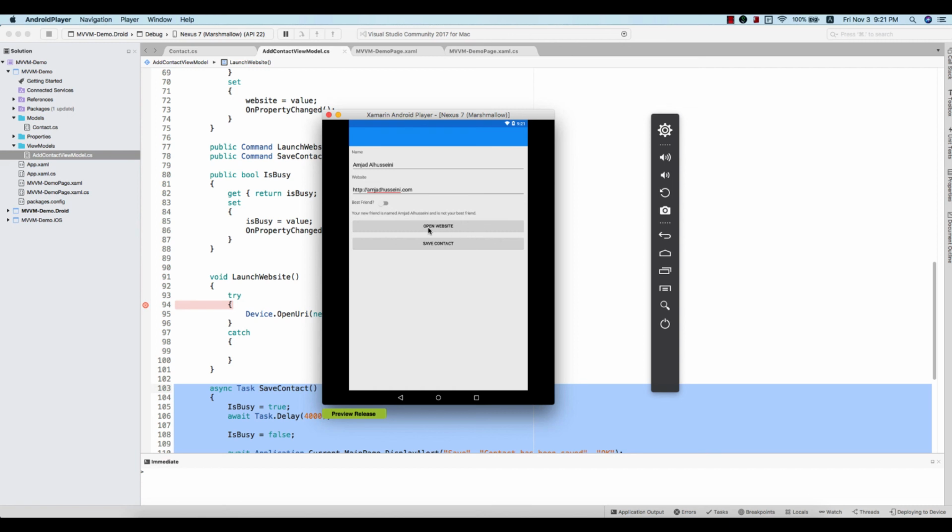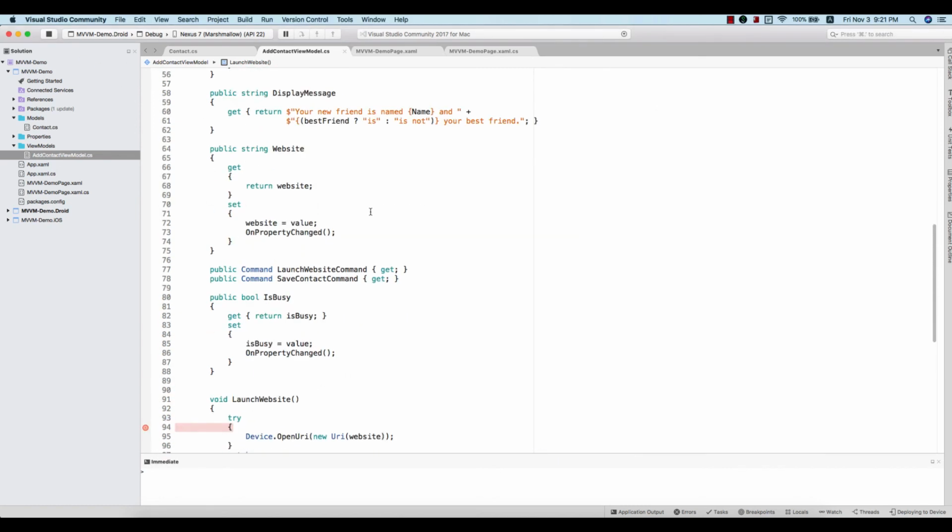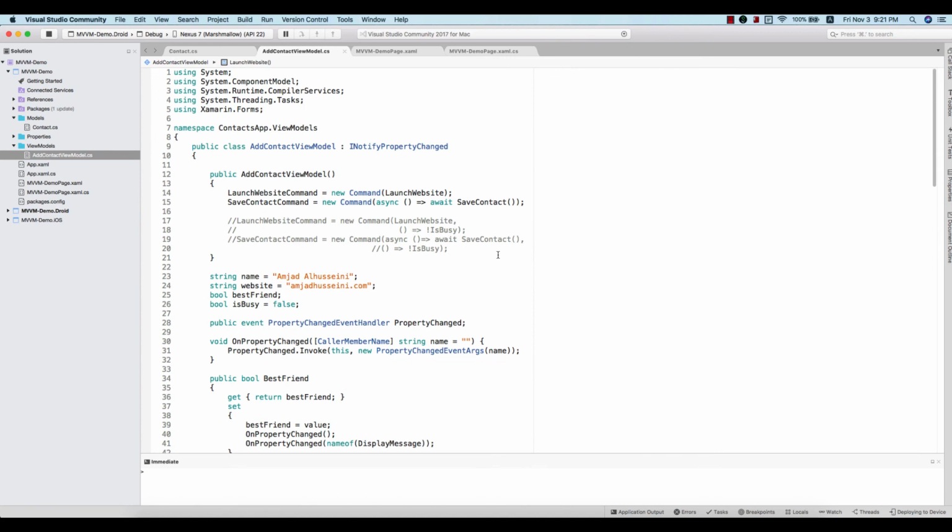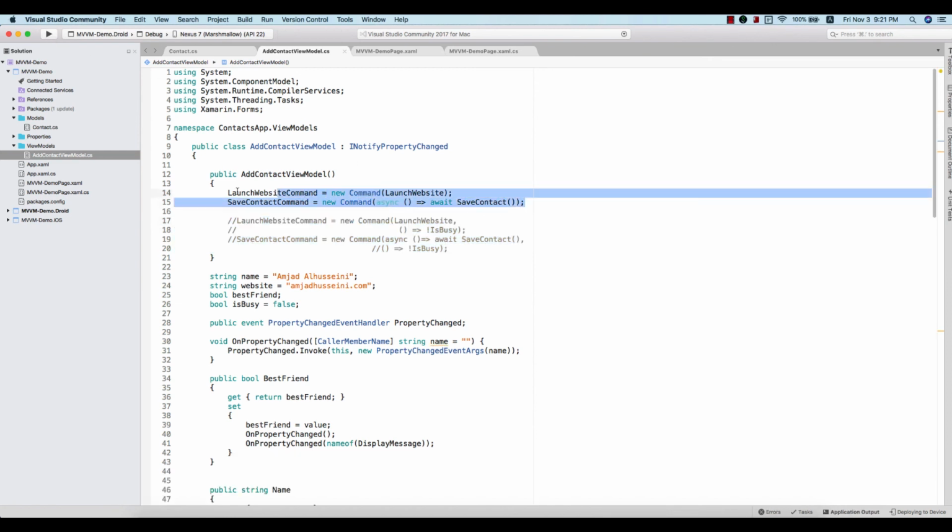We can also disable or enable these buttons while the command is being triggered. How can we do that? So as you can see, I have this code, which is commented code in the constructor, just for the sake of this demo. Let me remove these ones